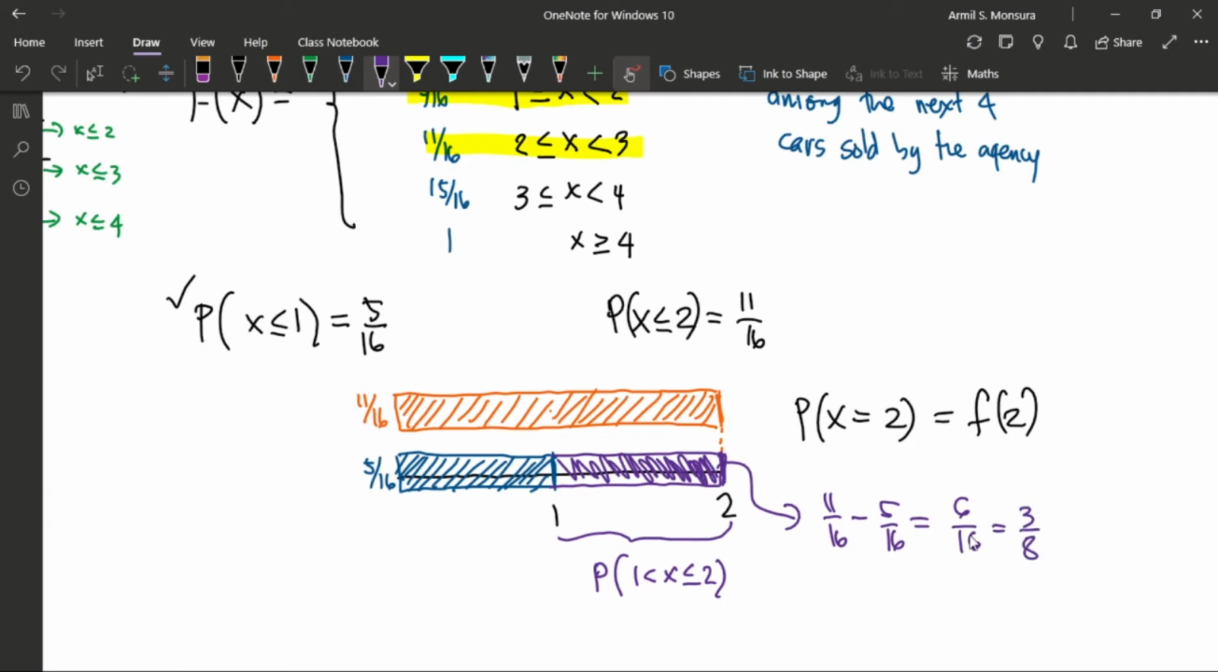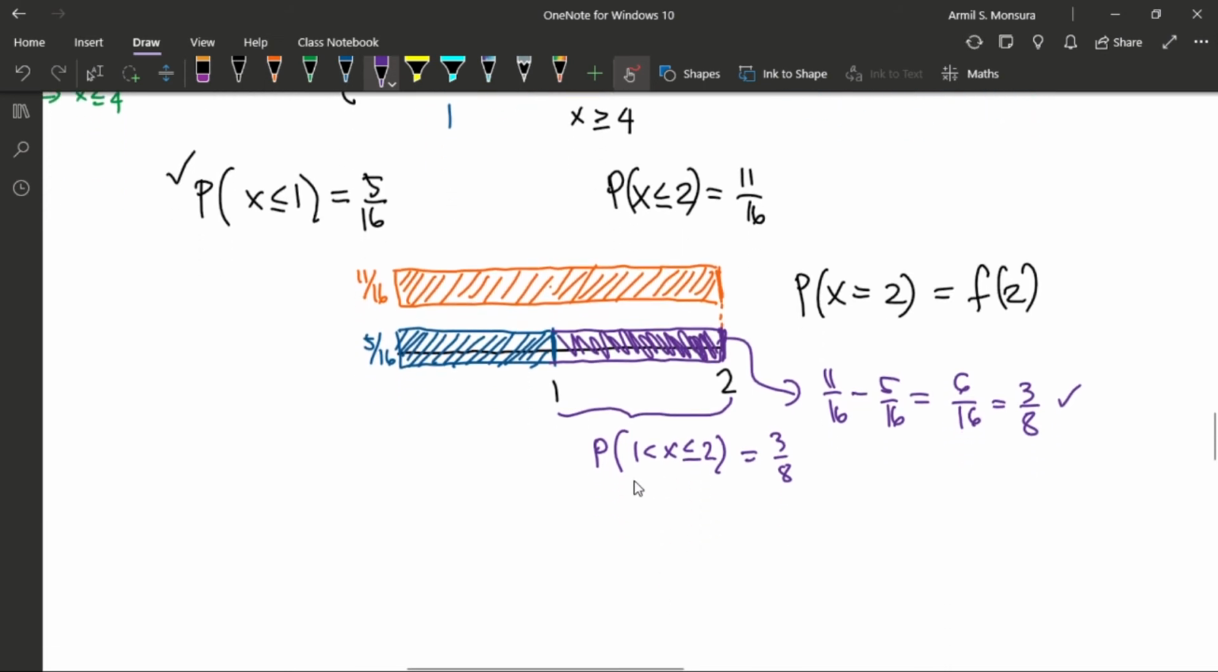And this value actually represents the probability that your x would have a value that is greater than 1 and less than or equal to 2. So magiging 3/8 yan. So yun yung probability na yung x ninyo would have a value that is greater than 1 and less than or equal to 2. But in this set, where x is greater than 1 and is less than or equal to 2, the only allowable